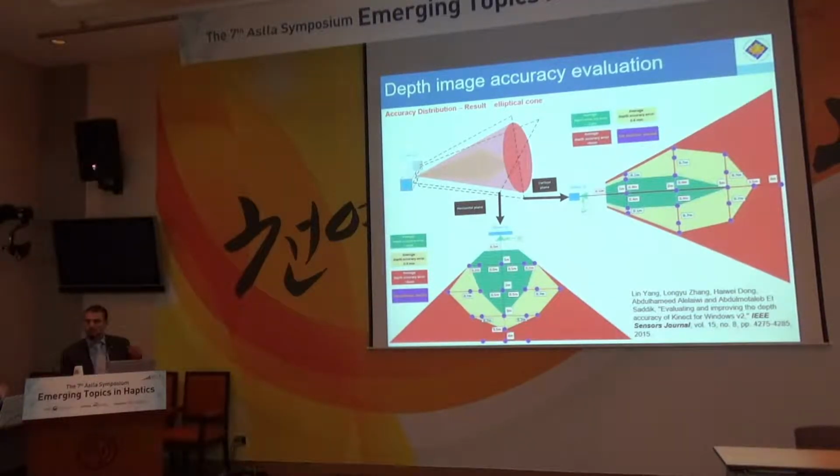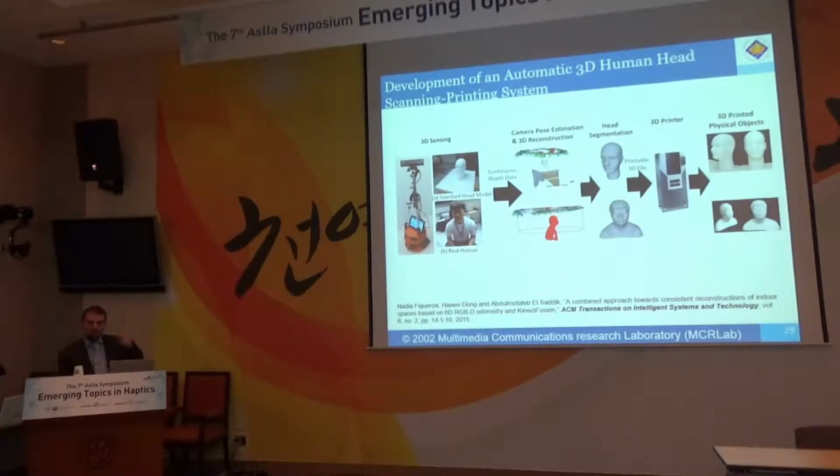One thing is to look at what is the precision I can go in, and with 2.5D perception cameras, such as the Kinect, we were able to get up to 2 millimeter precision in up to 3 meter vertically and 3 meter horizontally. Now, when we try to capture a subject or an object, how deep can we interact with this object? How good can we interact with this object?